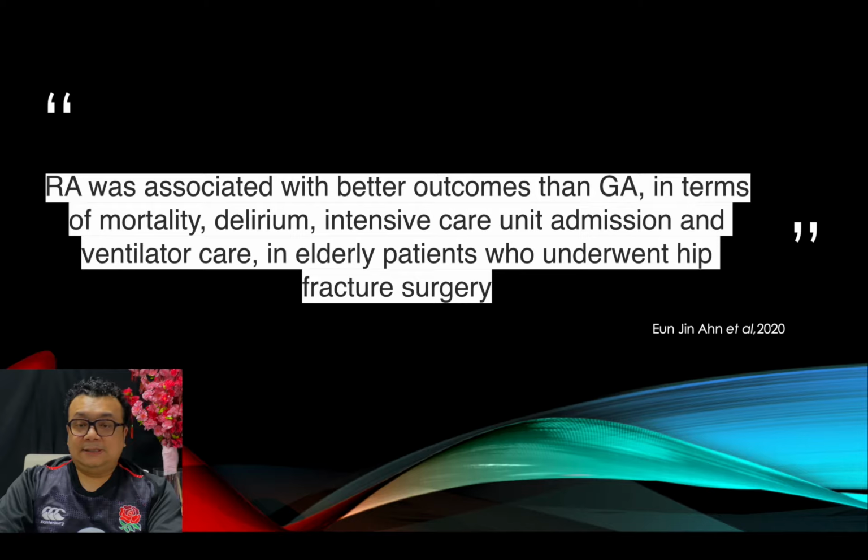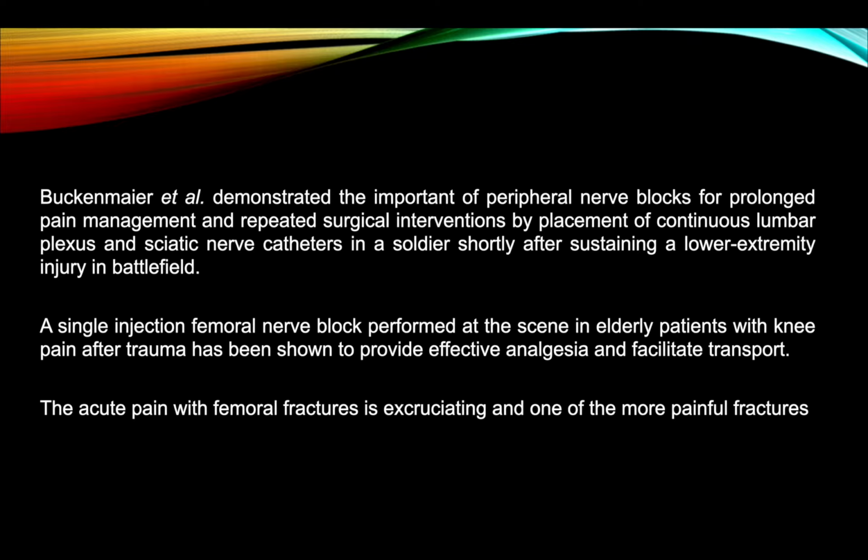RA was associated with better outcome than GA in terms of mortality, delirium, intensive care unit admission, and ventilator care in elderly patients who underwent hip fracture surgery. Okay, Dr. Mayer demonstrated the importance of peripheral nerve block for prolonged pain management and repeated surgical intervention by placement